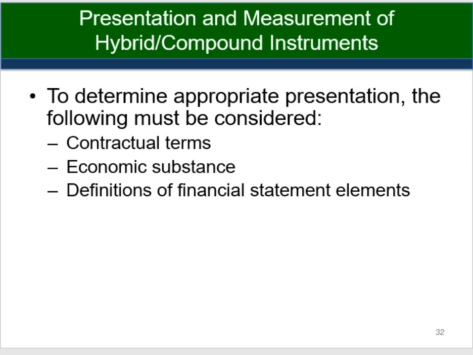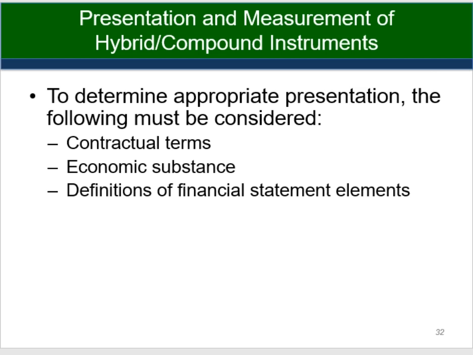The economic substance. Does the instrument actually contain any equity-like features that may need to be measured separately? Convertible bonds have an equity-like feature. They can be converted into equity. It's basically a call option attached to the convertible bond, sort of attached to the plain vanilla bond. So there's an equity instrument, as we just discussed. A call option on your own equity would essentially be an equity treatment. An equity treatment would be required.